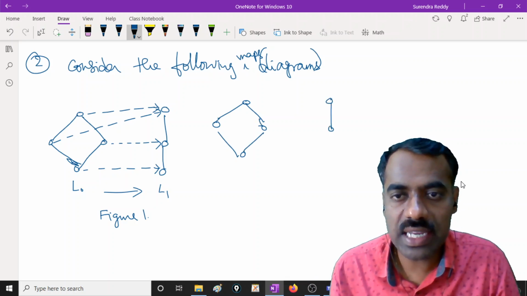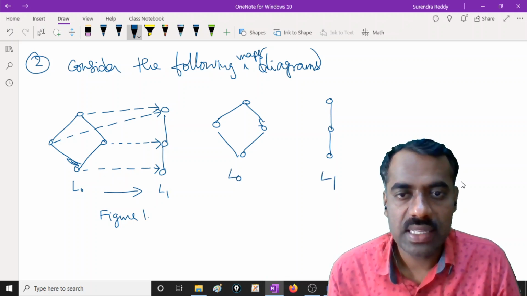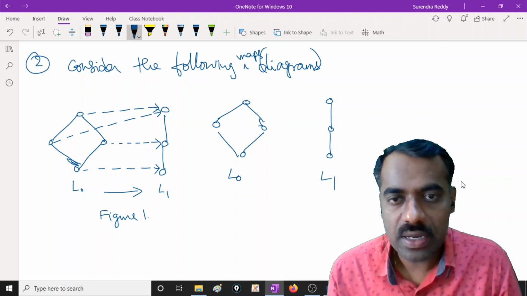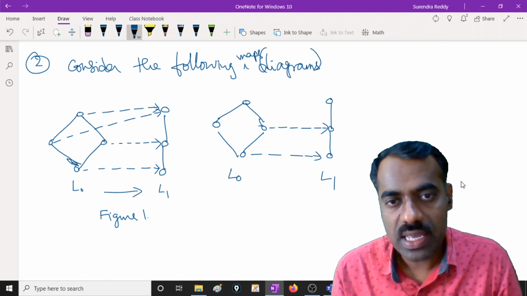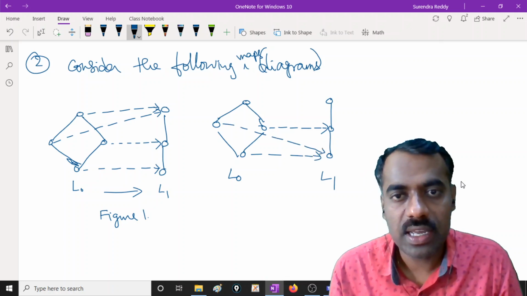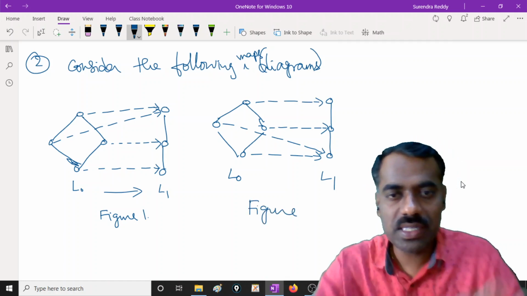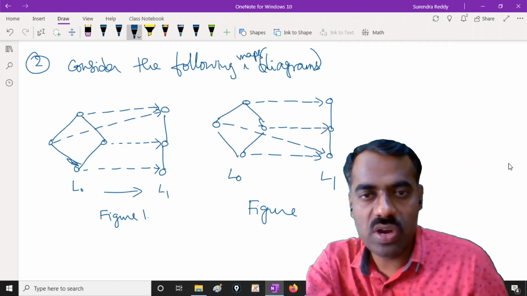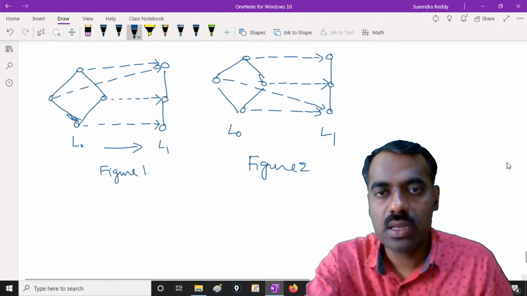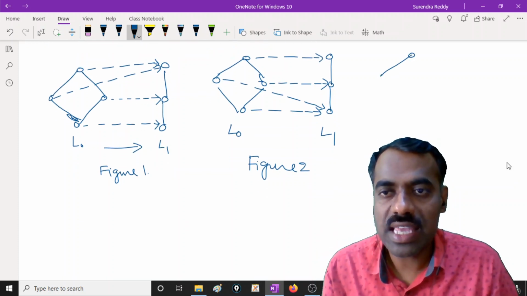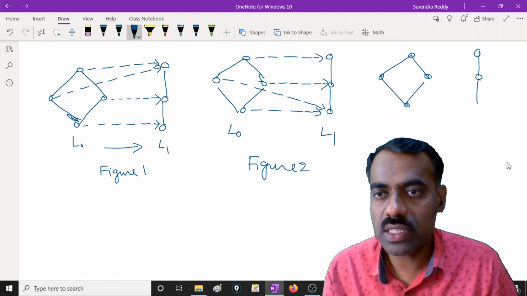So our 3-element set is this time. This is L0 and L1. What I will do here is this time I will map here. Okay. Then this element I will map to here, and here I will map it as it is. This is your figure 2. That means these two elements now are mapping to this lower element, and the other one is right here. Same lattices, and you have a chain, 3 elements.